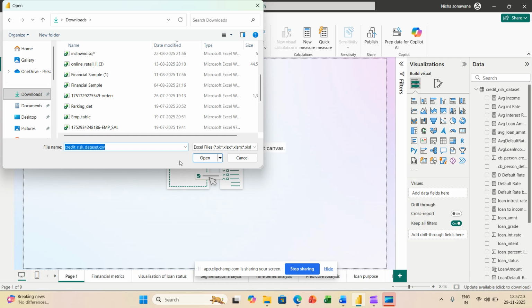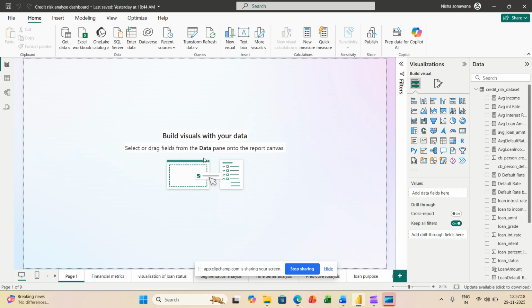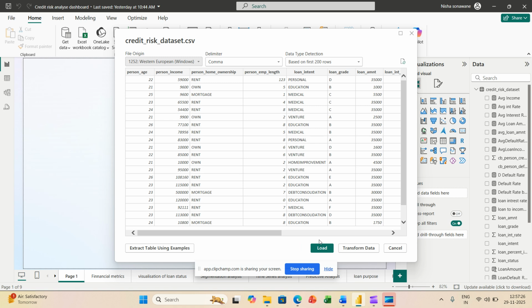Okay, and open with. After you click on Open, the file will connect to your Power BI, and you can click on Load. If you click on Load, the file will directly come to your Power BI page.